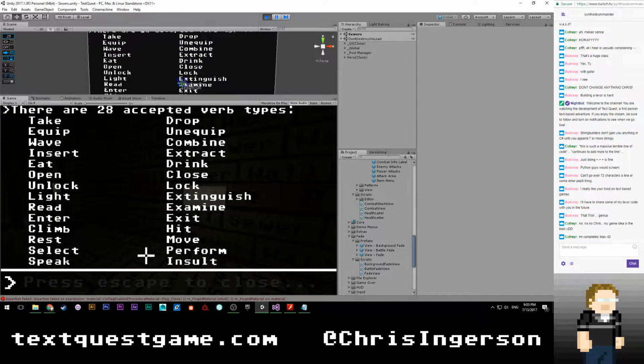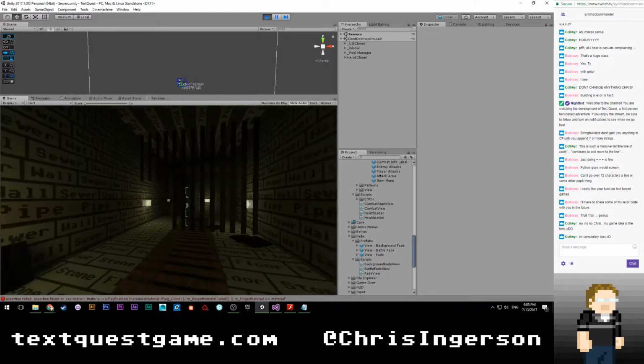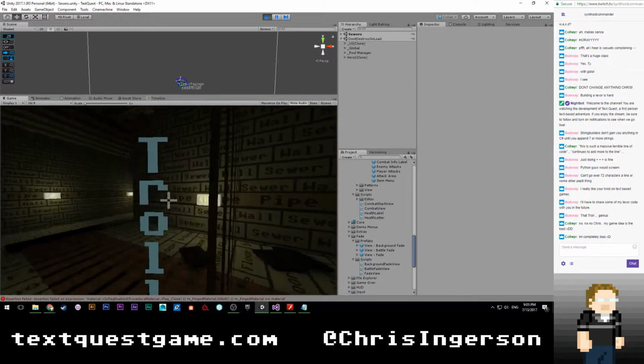And perform is going to be the really tough one for me to implement, because that means I have to come up with an interface for that in a text-based game. And rest should be fine. Not too worried about that. Actually, rest might... I'll keep it in there. Might not be very useful anymore. But you can speak, and that system's getting better. We're working on that one now. And then insulting, of course, is just wonderful, because you can insult everything in the game for a terrible pun.